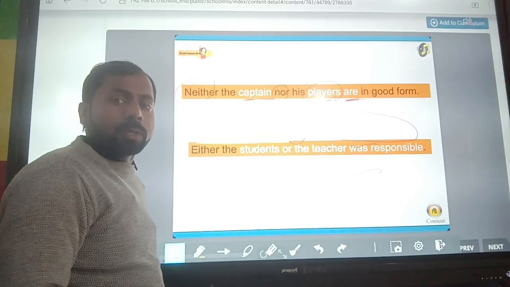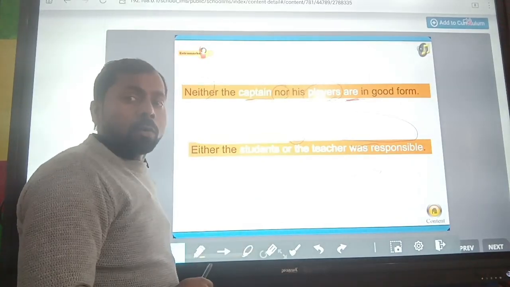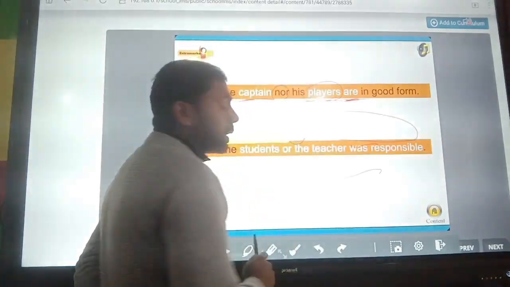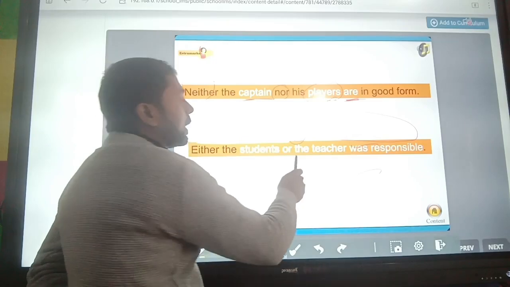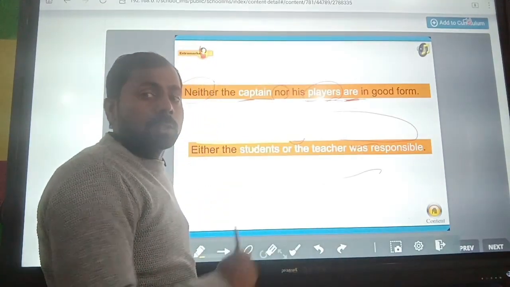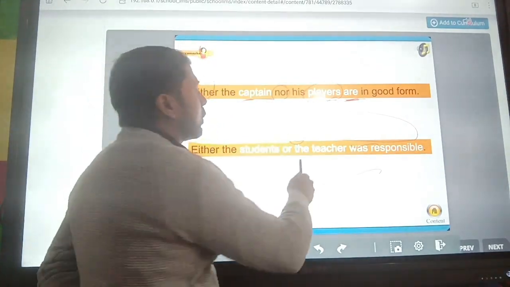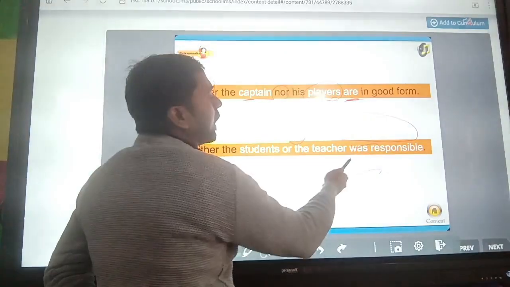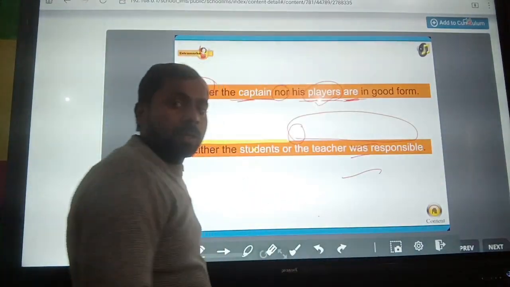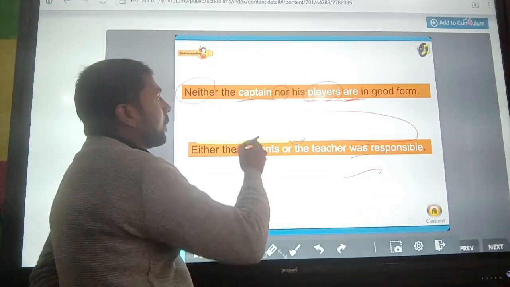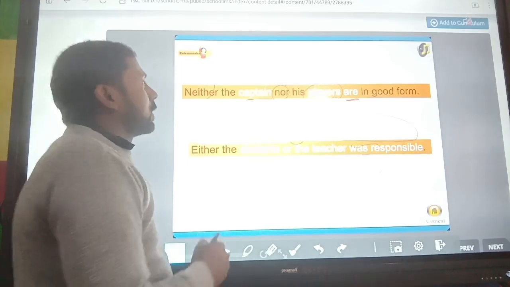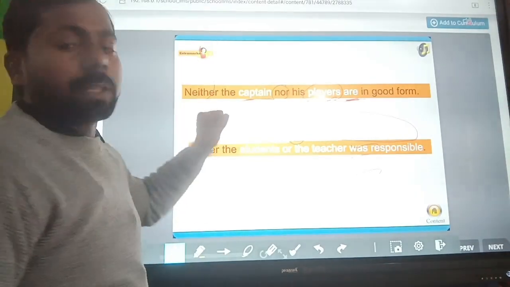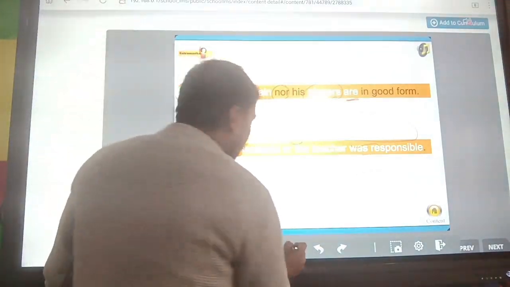In this sentence, you can see the later noun word is the teacher. Teacher is a singular number word, a singular number subject. So here the subject is singular, so we can use a singular number verb. Is it clear? If we find any kind of conjunction word that is joined with neither or nor. Is it clear? Next is